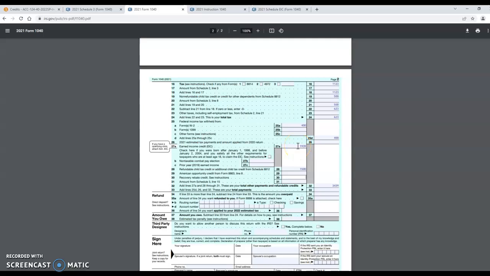But here he has the earned income credit and this refundable child tax credit. Together those are $3,439, and he also had $400 withheld from his paychecks, and so he has a total of $3,839, and he only has $623 of tax, so he's going to get a refund. So we have $3,839 minus $623. He has $3,216 in overpayment, and he wants